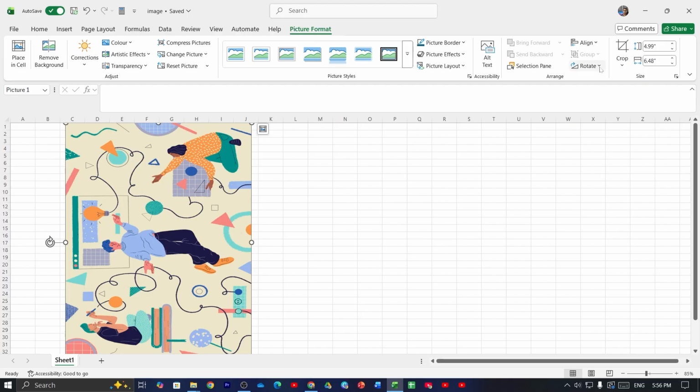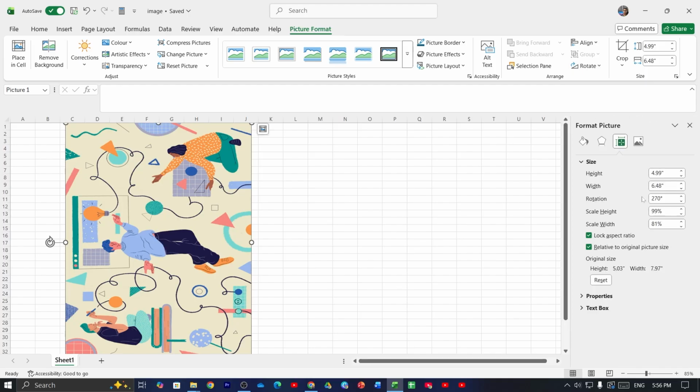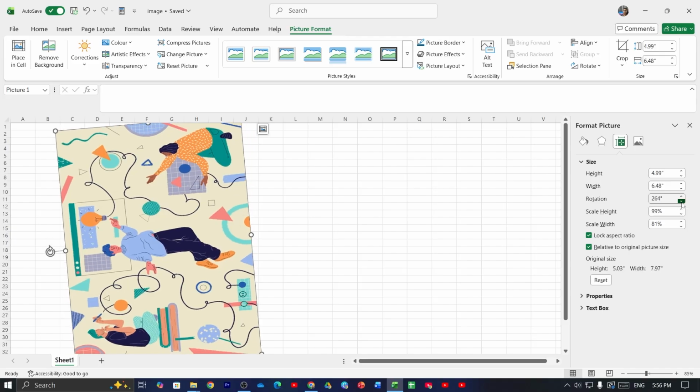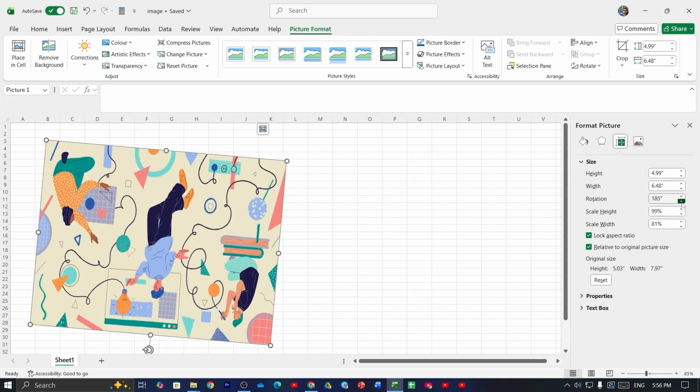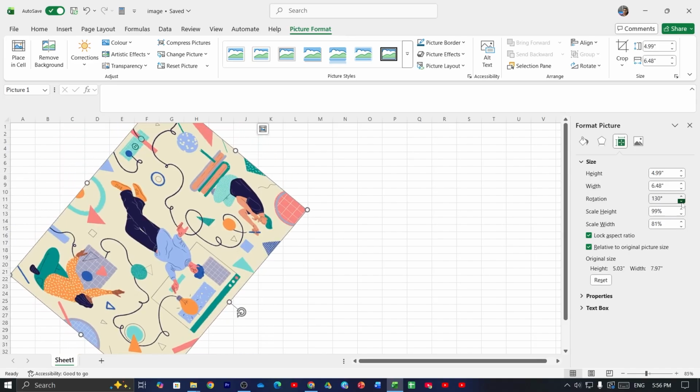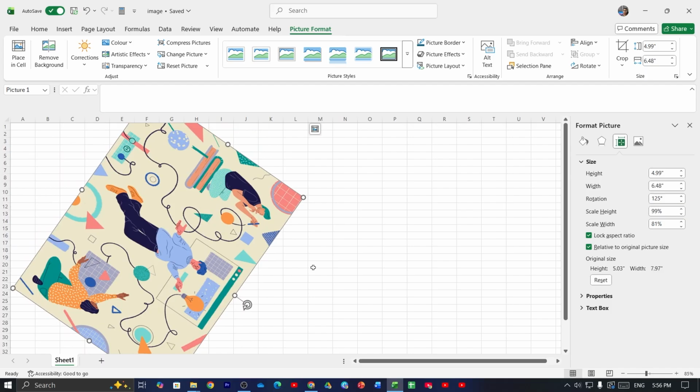Now if I click here again and then click on More Rotation Options, here you can see Rotation, and by clicking here you can change your picture position and you can set any level as you like. And that is how you can rotate pictures or images on